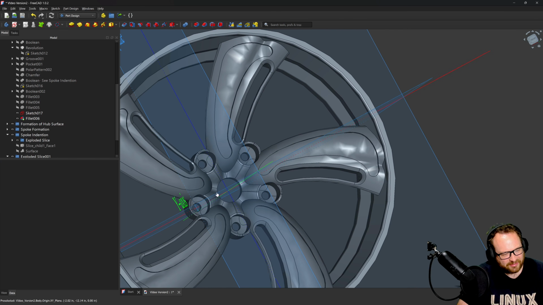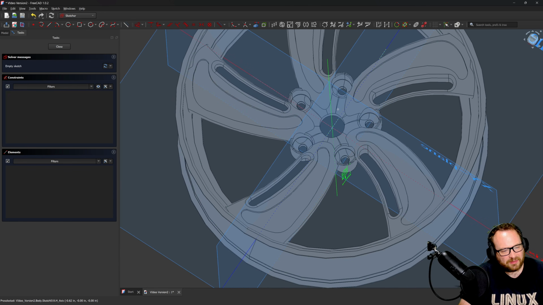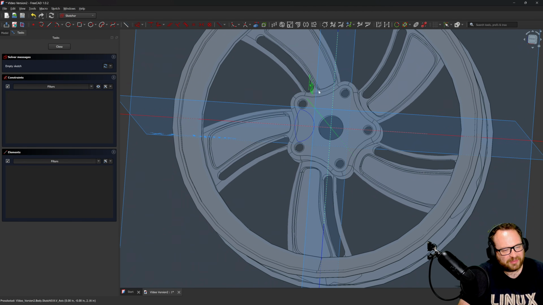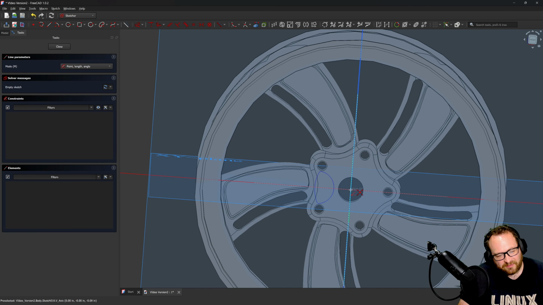Okay, so I've got my fillet on there. And I create a sketch on this shape here. And I know my fillet is connected with that spoke right there. So if I assume that this spoke is good and that there's some geometry somewhere else that's throwing off the integrity of our sketch, what if I put a line